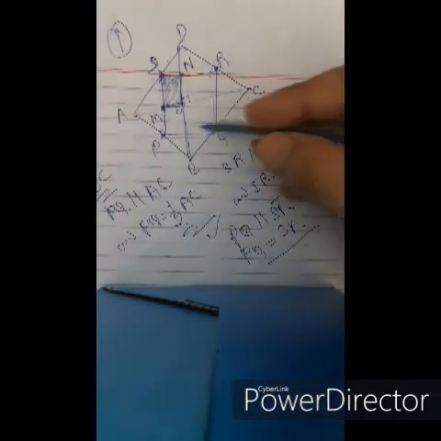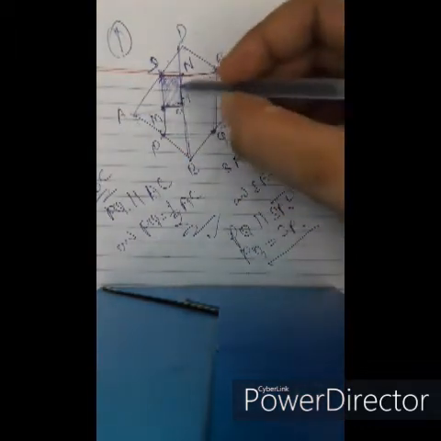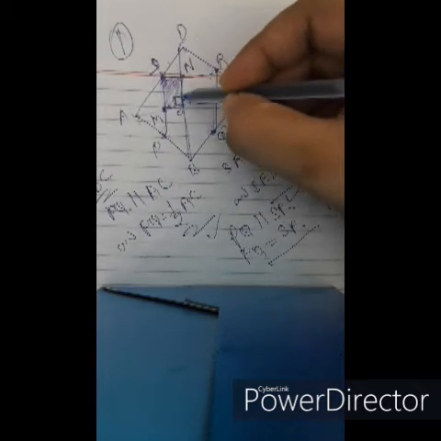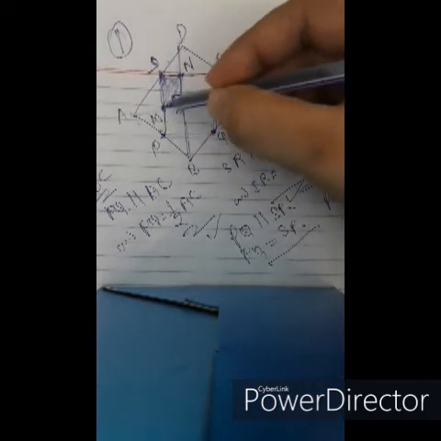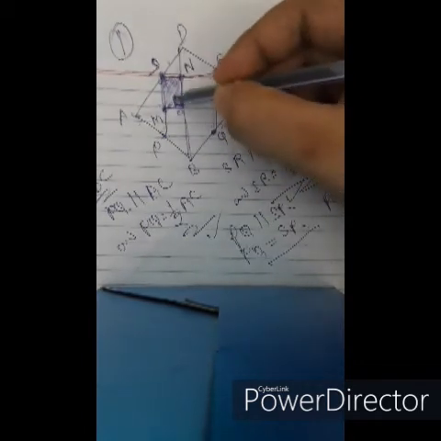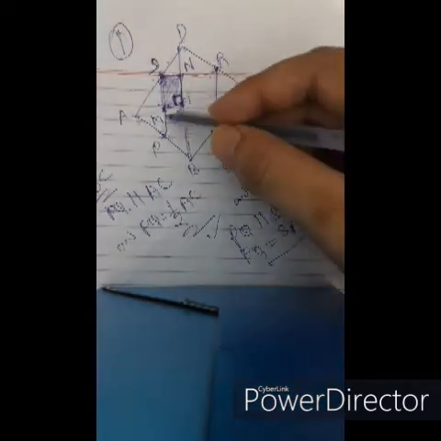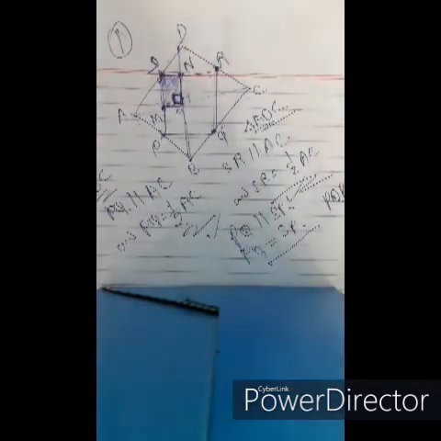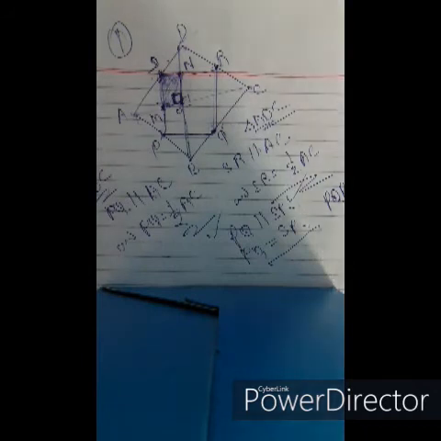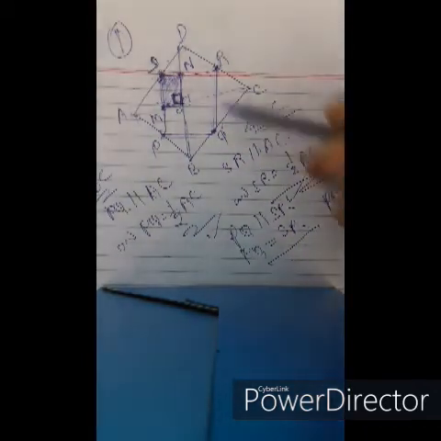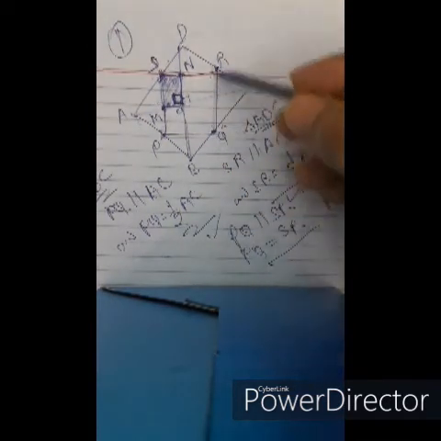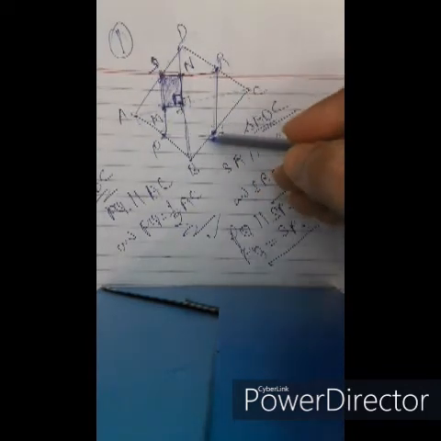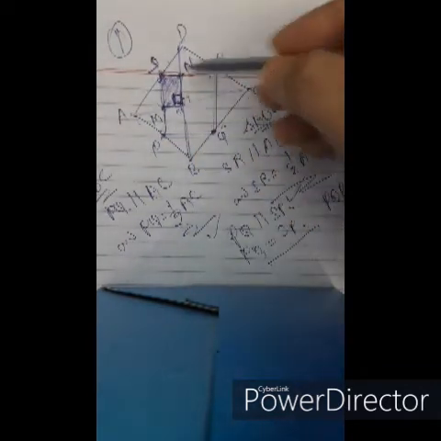Given that the diagonals are perpendicular to each other, this angle is 90 degrees. Since MO is parallel to SN, MS is parallel to ON, and this angle is 90 degrees, MONS is a rectangle. Now since MONS is a rectangle, PQRS is an enlarged form of MONS, therefore PQRS is also a rectangle.